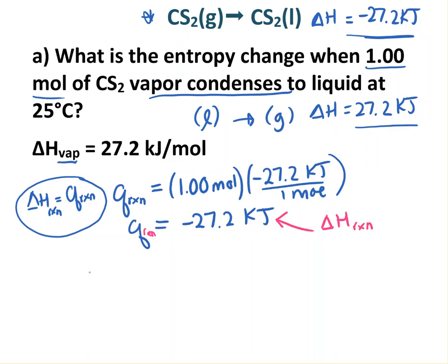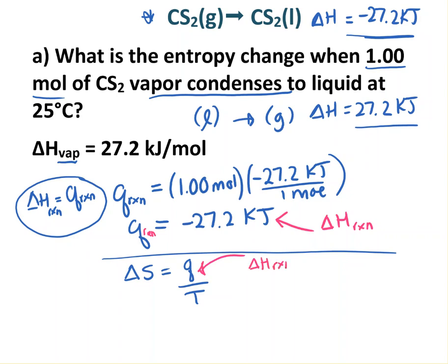Okay, and then the next step is that we can use this equation. And again, we're calculating the change in entropy for the substance, not the surroundings. And so this Q here is basically our delta H for the reaction. Same thing. And so we're just going to do,